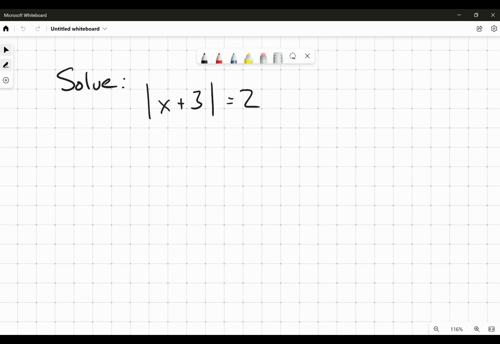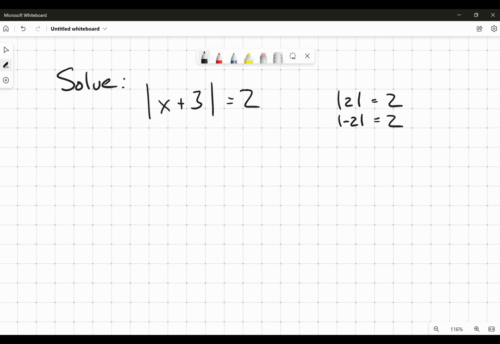All right, hi everybody. So in this video here, we're going to solve an absolute value equation. We're going to look at the absolute value of x plus 3 is equal to 2. Now, bearing in mind the way the absolute value works, if I have the absolute value of 2, then the answer is 2. Or if I have the absolute value of negative 2, the answer is 2, because what